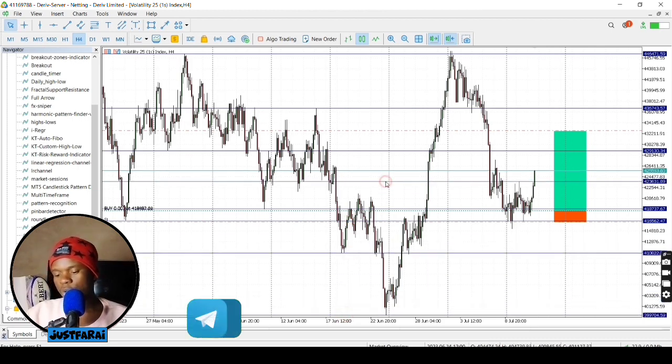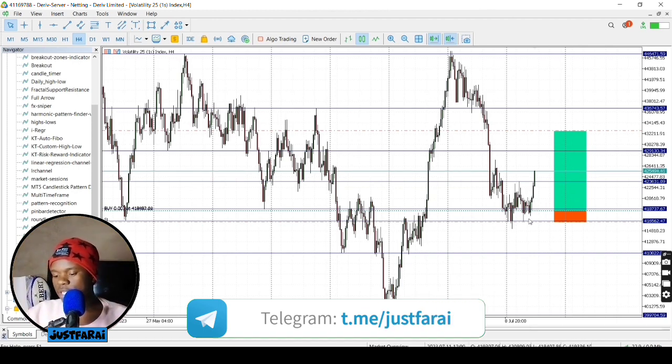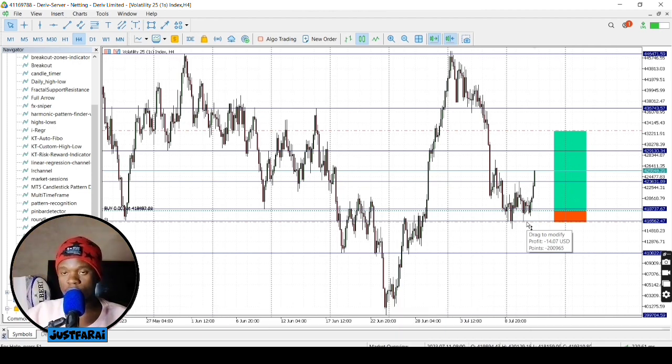I mark out my swing points, and you can see that I made my entry here, and my stop loss is at this point here, which is minus 14 bucks. I don't use those crazy lot sizes. I want to take this forex thing as a journey rather than a whip. I'm not a gambler. I don't do that. So you can see that this setup has got